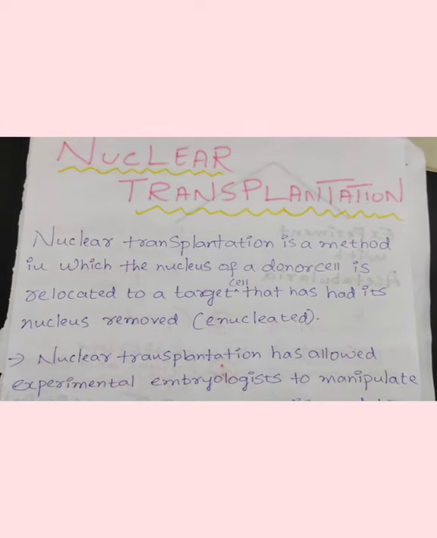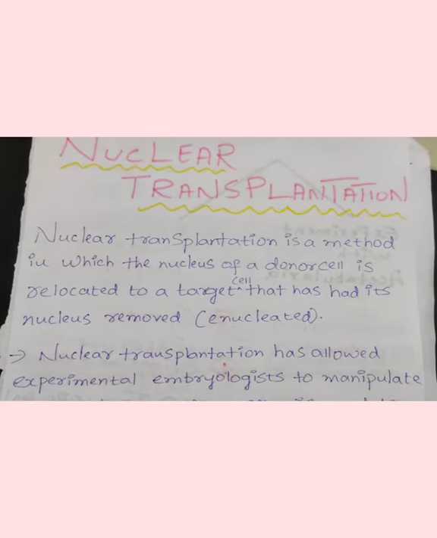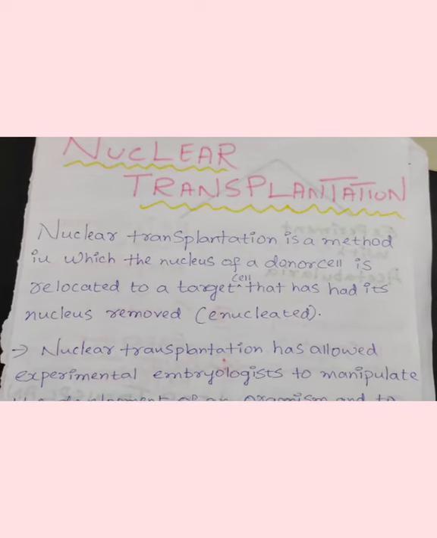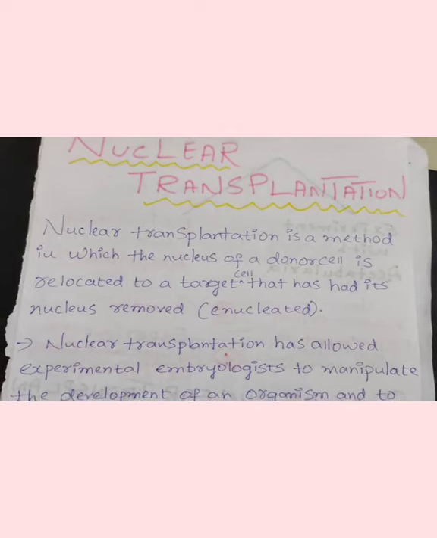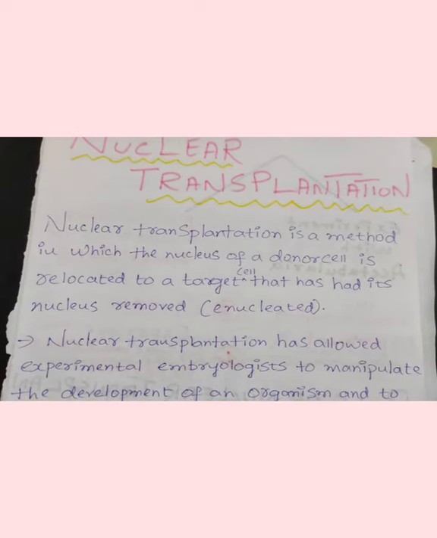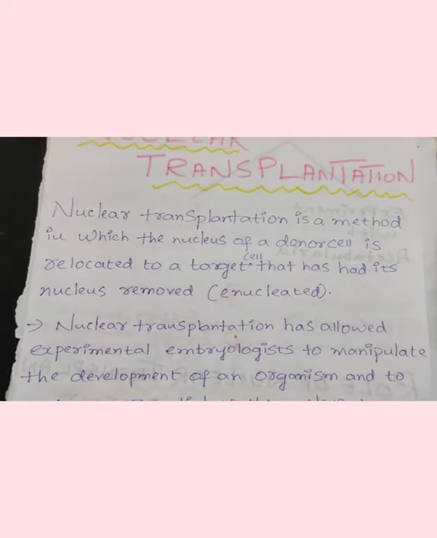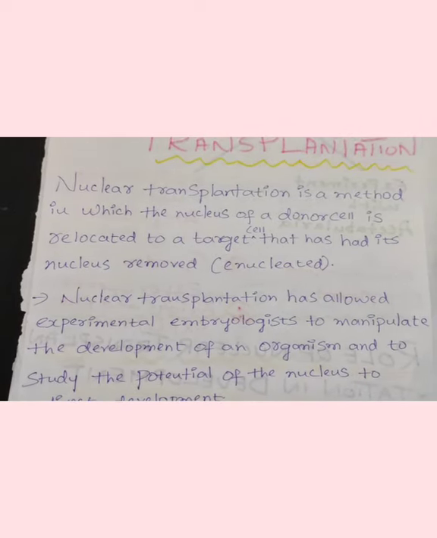What is nuclear transplantation? Nuclear transplantation is a method in which the nucleus of a donor cell is relocated to a target cell that has had its nucleus removed or enucleated. Nuclear transplantation has allowed experimental embryologists to manipulate the development of an organism and to study the potential of the